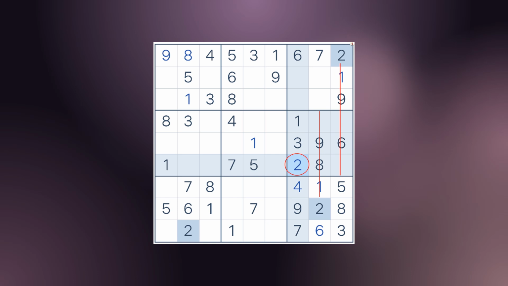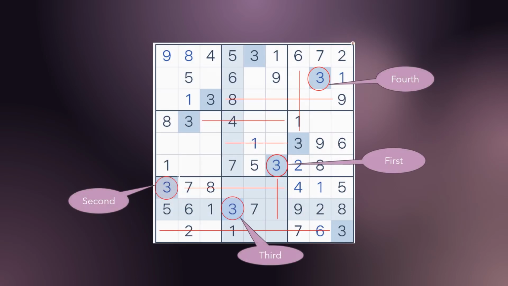Let's move on to 3's. Looking at the center middle square, the 3 to the left and right eliminate blanks on the same row to leave one possible location. Then look at the bottom left square. The 3 to the far right will eliminate all but the one possible blank. With that 3 inserted, move to the